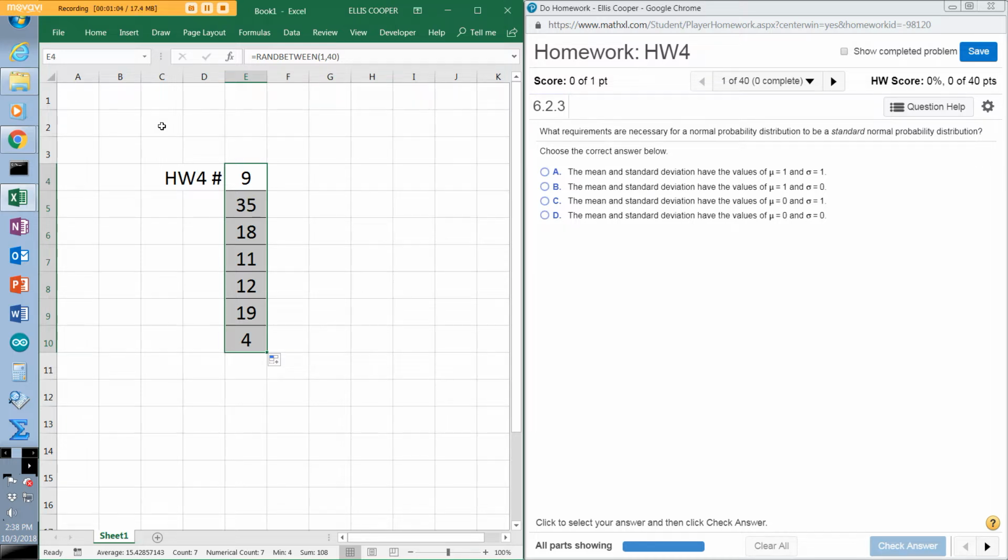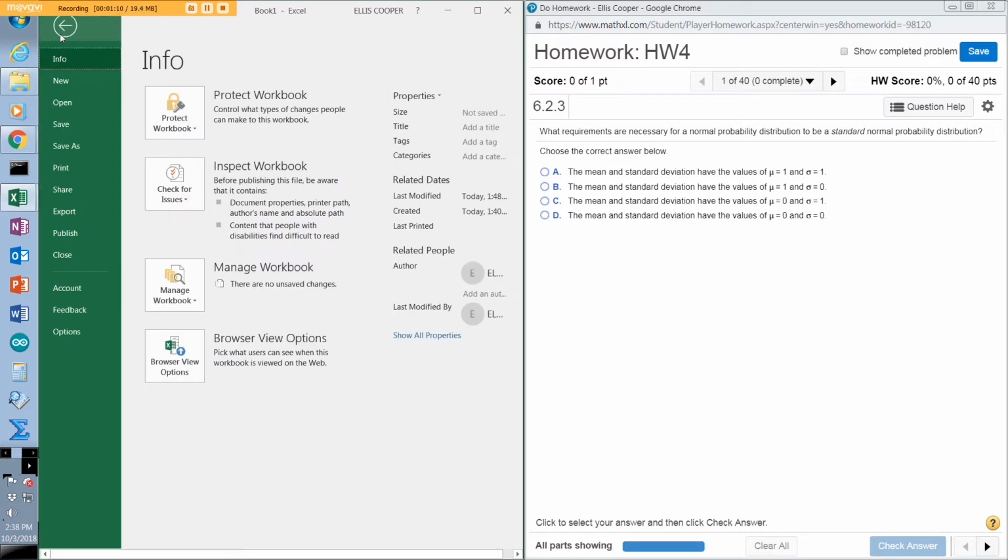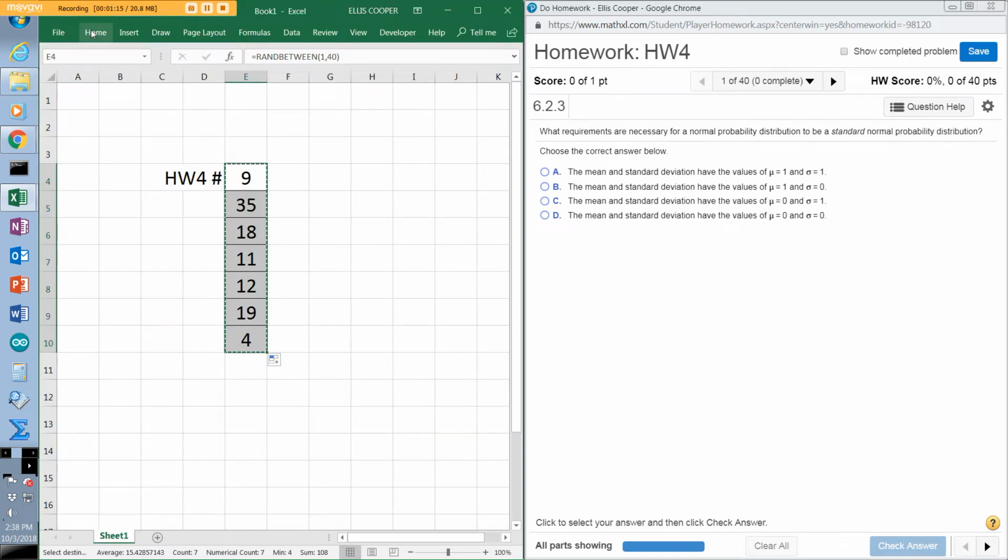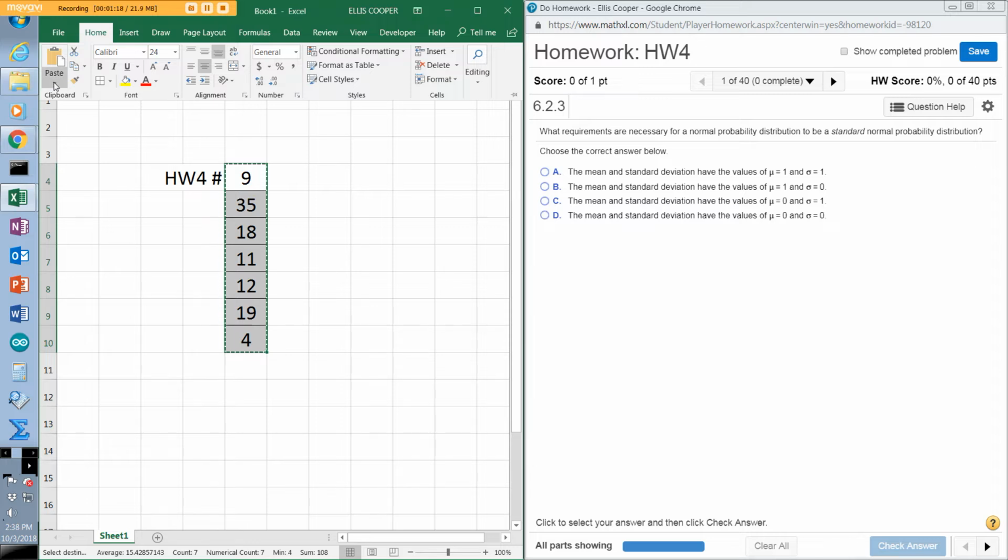So here's what I'm going to do. I'm going to go Control-C to select those guys. Then I'm going to go to Home and drop down to Paste Values. See? And it changed the numbers,